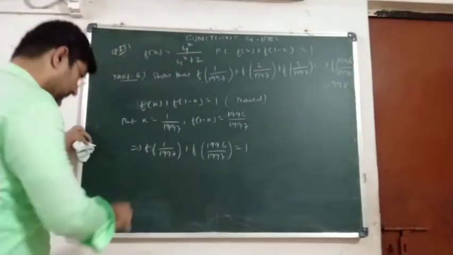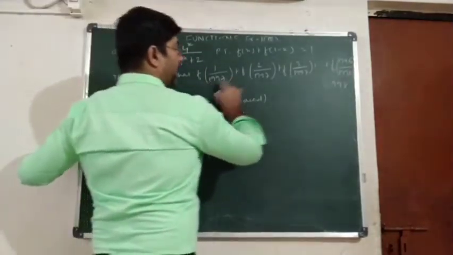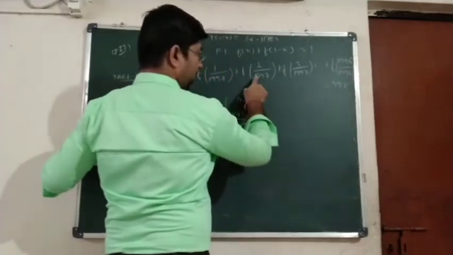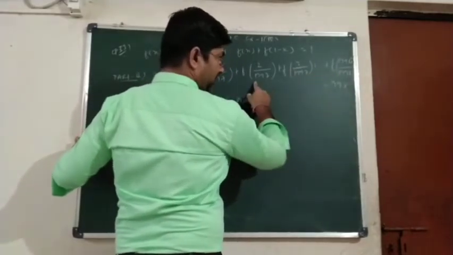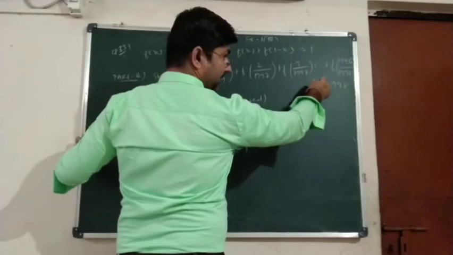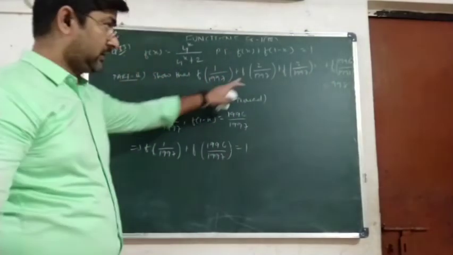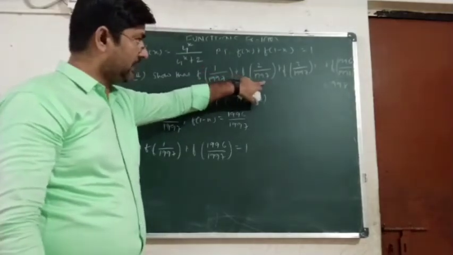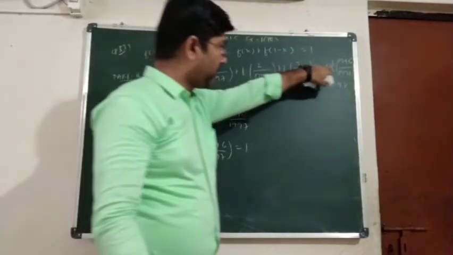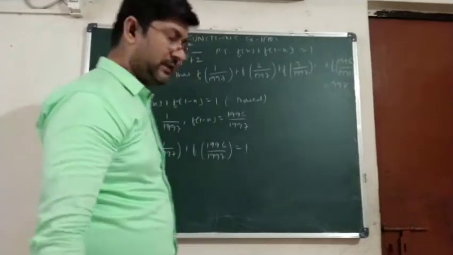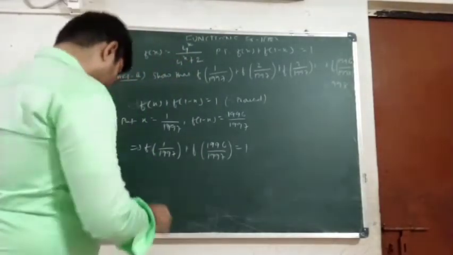Okay, similarly first plus last will be equal to 1. Similarly second from the beginning and second from the last. The sum of both these terms, f of 2 upon 1997 plus f of 1995 upon 1997, will also be 1. Okay, so similarly